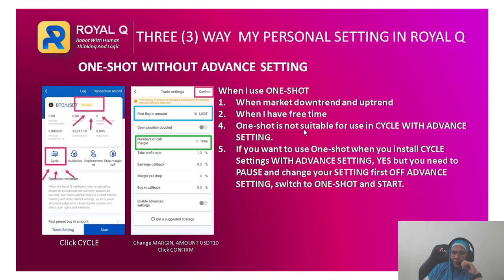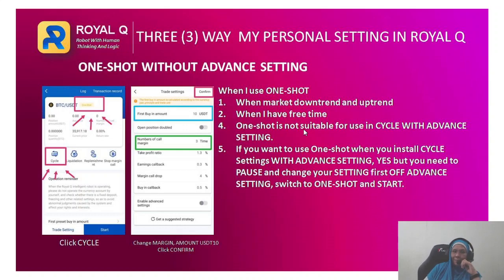One shot is not suitable for use in cycle with advanced setting, because even though you put one shot, the robot still replenishes the pair that you are trading. So there is no point to use one shot except